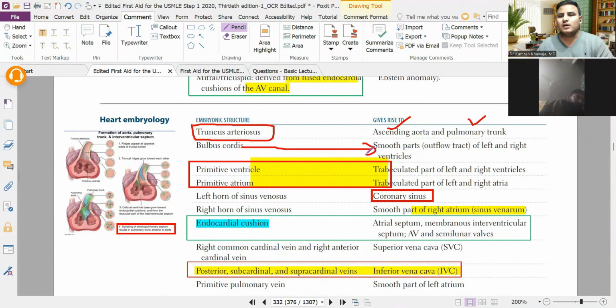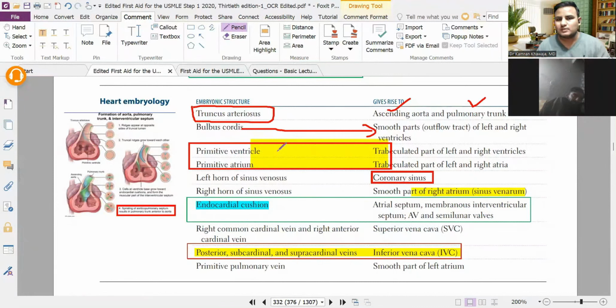ओके, बल्बस कार्डिस क्या बनाता है? स्मूथ पार्ट्स ऑफ द लेफ्ट एंड राइट वेंट्रिकल। देखो, पार्ट दो होते हैं, एक होता है ट्रेबैकुलेटेड, एक होता है स्मूथ। अगर आप उसको कट सेक्शन करें, ग्रॉस एनाटॉमी देखें, तो एक स्मूथ पार्ट होता है और एक ट्रेबैकुलेटेड पार्ट होता है। जो स्मूथ पार्ट होता है उसको बल्बस कार्डिस बनाता है, और जो ट्रेबैकुलेटेड पार्ट होता है उसको कौन बनाता है? प्रीमिटिव वेंट्रिकल्स बनाते हैं। रिमेंबर दिस, प्रीमिटिव वेंट्रिकल्स एंड प्रीमिटिव एट्रियम, ये वर्ड याद रखना है।